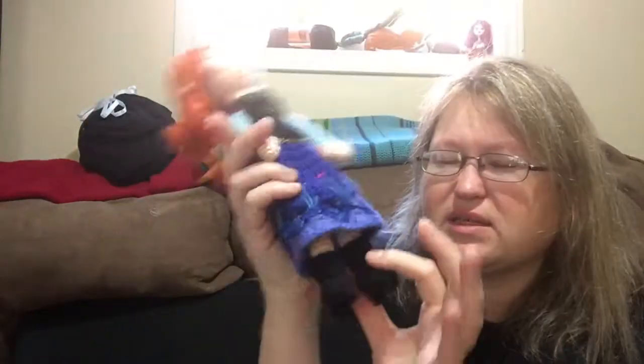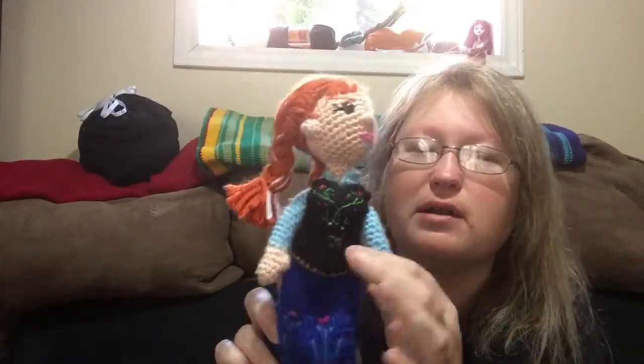I didn't put the details on the boots because I lost my gold thread that I used for the bottom of her little bodice, and I've got that white streak in there, but Anna's done,